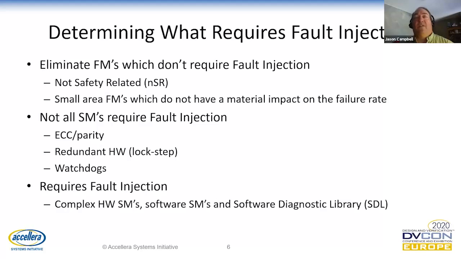So when we eliminate what doesn't require fault injection, we're left with what does. This is the complex hardware safety mechanisms, and they're really dependent on your design. We have many complicated ones in our chip, but they're very special to what we do. Software safety mechanisms are the same thing. We have a lot of software checks being done, and we need to verify those. Then there's something called the software diagnostic library. This is a set of software that we develop, or you would develop, and give to your end user. They run it periodically,